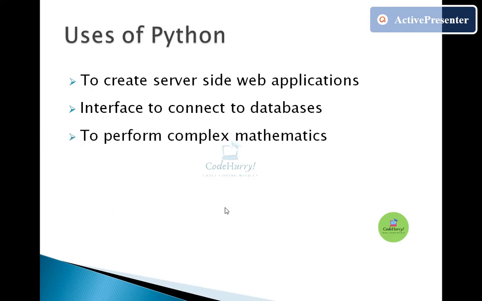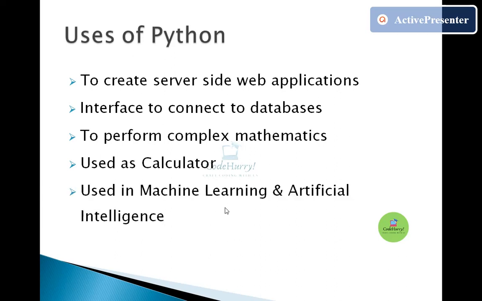Then, to perform complex mathematics, Python already has many built-in modules in which there are functions which can be used to perform complex mathematical operations. Then it is also used as a calculator. How is it used as a calculator? I'll show you a demo in this session only.